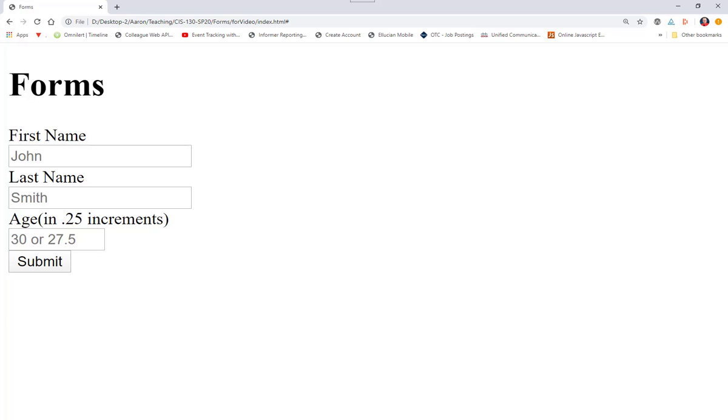And in my next video, we're going to take a look at some more input type fields that we can use and